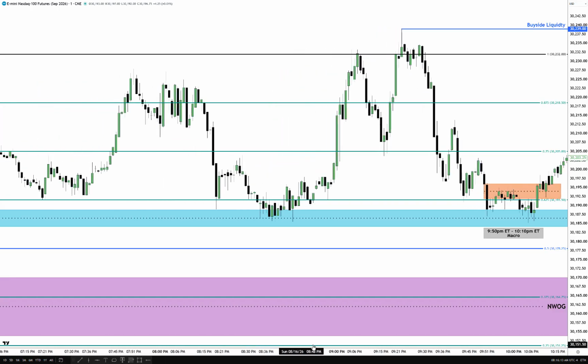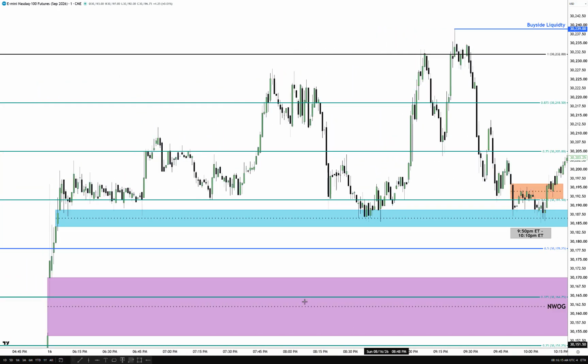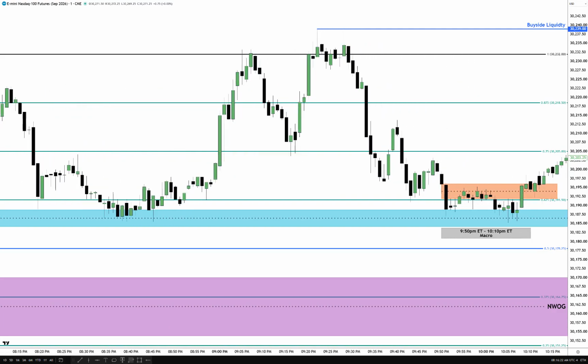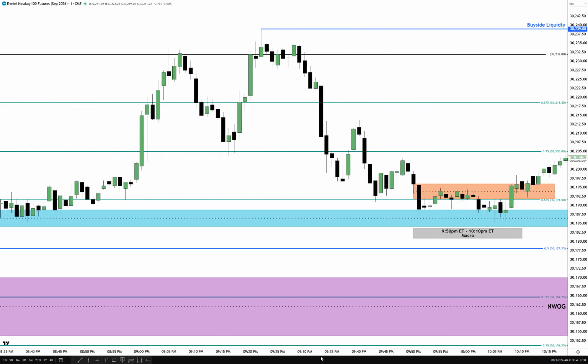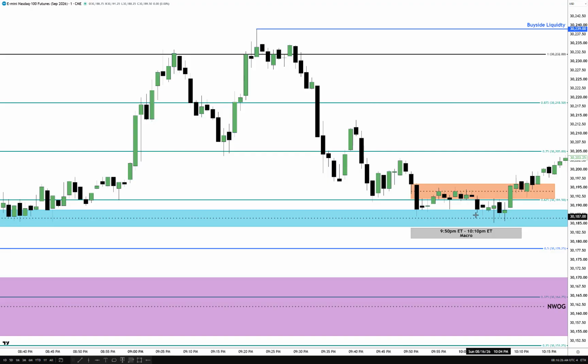right there. New week opening gap is down here. New week opening gap is a draw, but when we're using these levels like this, it's got to be supported with the likelihood of it going higher. And if we show a willingness to displace higher, which we do here, it has nothing to do with engulfing anything. Okay, it's just showing a willingness to move away quickly, justifying this as a key PD array that's a discount.